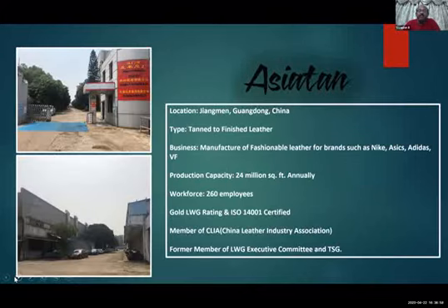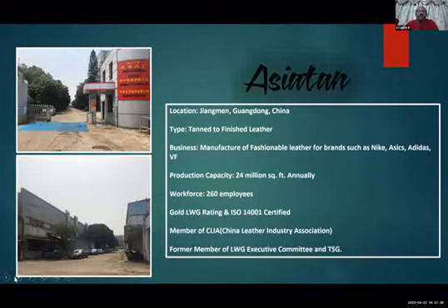Before going into the presentation, I'd like to introduce myself and my company. As Madam told, I have worked for Asia Tan for the last 20 years. I'm the production manager of the tannery. This tannery is called Asia Tan, also Asia Tan TechTuff International, located in the city of Jiangmen, Guangdong province in China. In this tannery we produce finished leather from wet blue, so it's called from tan to finished leather. We make cow, goat, and split leathers, mainly for big international brands like Nike, Asics, Adidas, and VF Footwear.